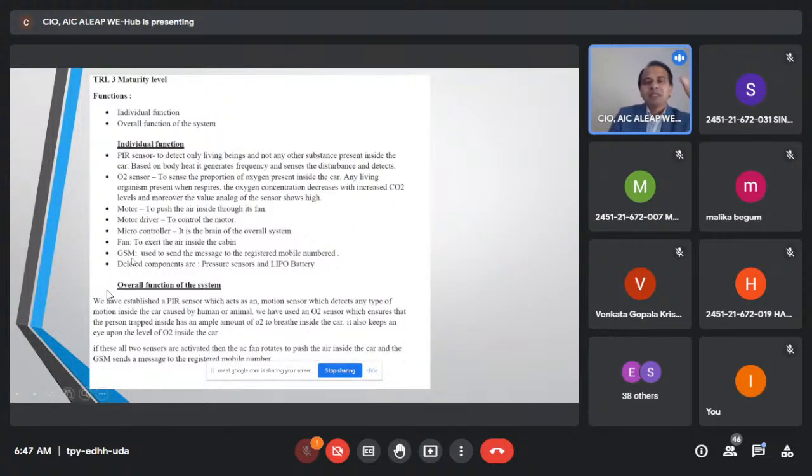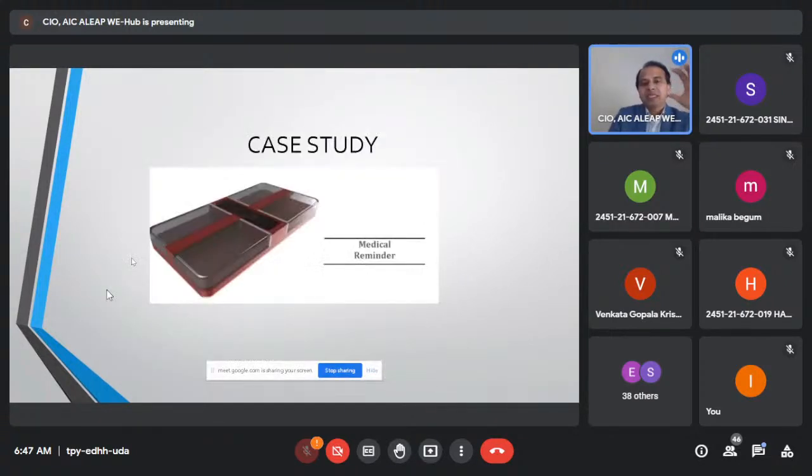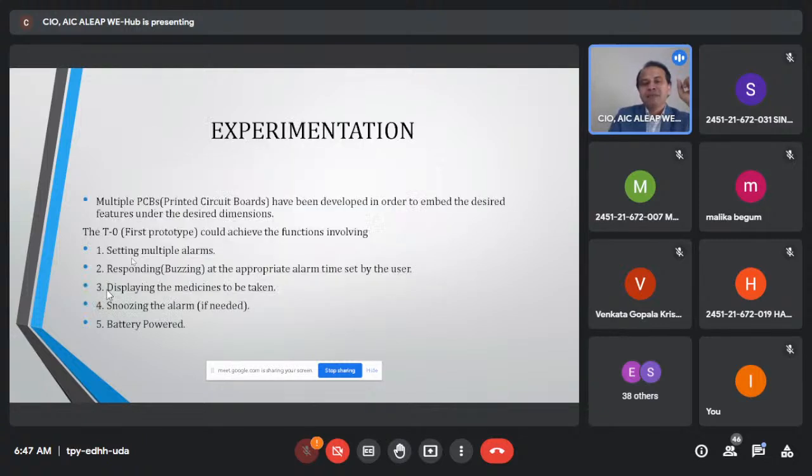So that speaks to the maturity level of TRL 3, and the proof of concept is ready. At laboratory scale, your prototype is ready. So this is another case study, called the medical reminder, where at one stage of TRL you